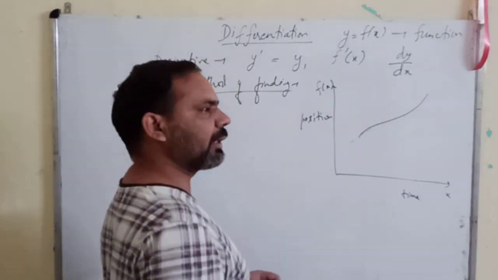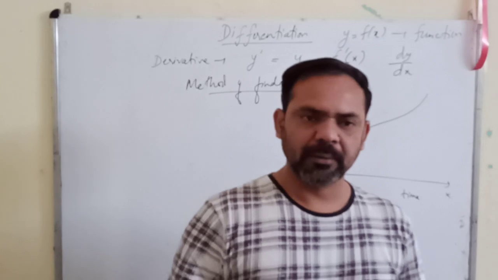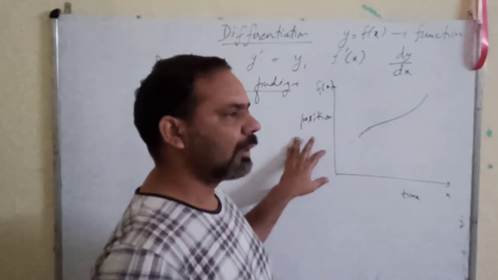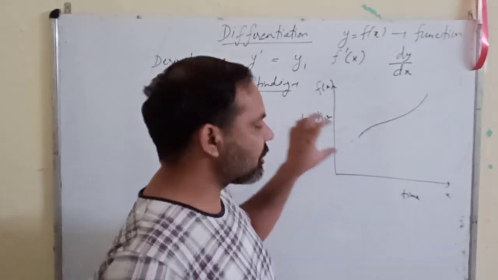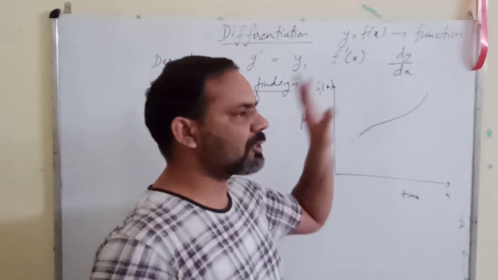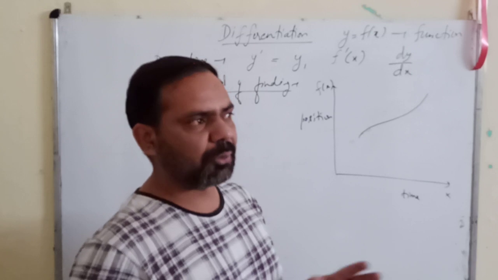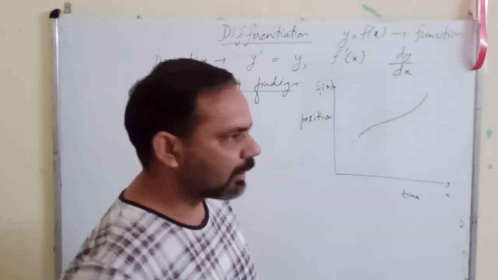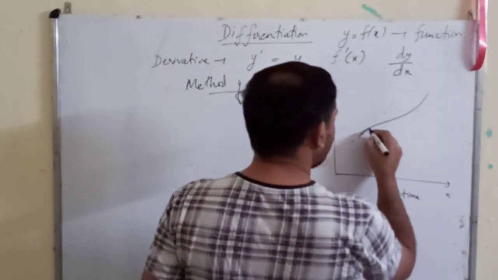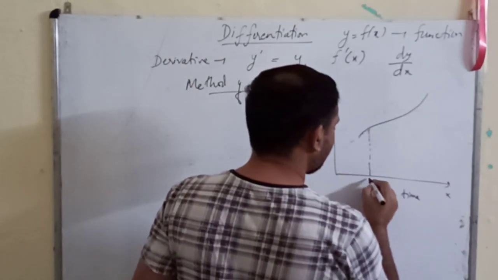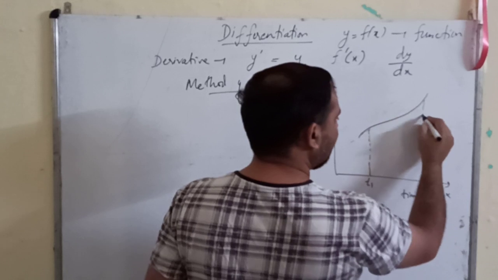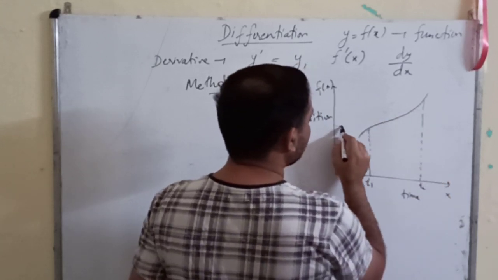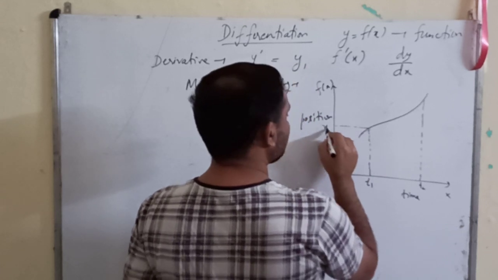Suppose a car is going from Pilani to Delhi, and we draw the graph for the motion of the car, the position-time graph, and the graph is not a straight line. Now how will you find out the velocity of the car? So for velocity, you will consider two points of time, t1 and t2, and you will take the positions as x1